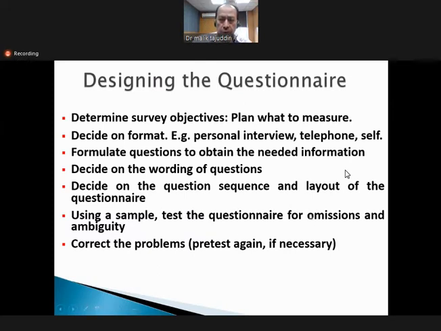So we can omit some questions, we can rephrase some questions which may avoid the ambiguity in the questions, etc. And when we go to the actual field, this questionnaire will be ready and there will be no problem in it. Then after correcting all these things, if you feel that pretesting is necessary again, then you pretest it again on 5 or 10 respondents, to see whether it is going smoothly now or not. If you feel that it's enough and well and good, then it may be launched in the